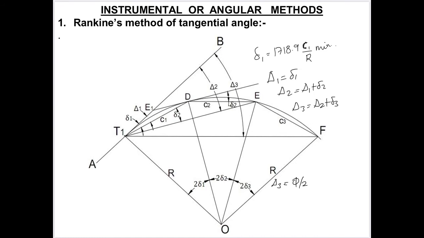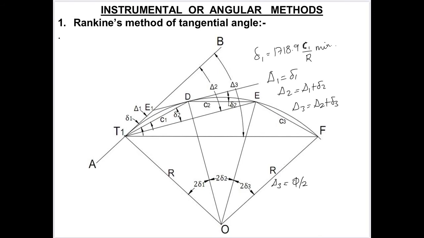So we are standing at A with your telescope and the angle is triangle 1. So we are bisecting towards D, but we don't know the length. So from T1, by knowing the length, we have to swing the chain until we bisect the line AD, and the point we get is point D.